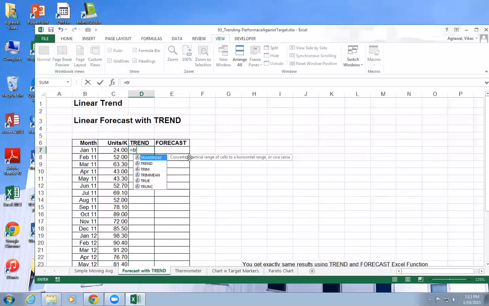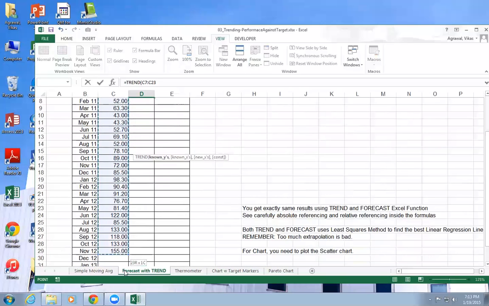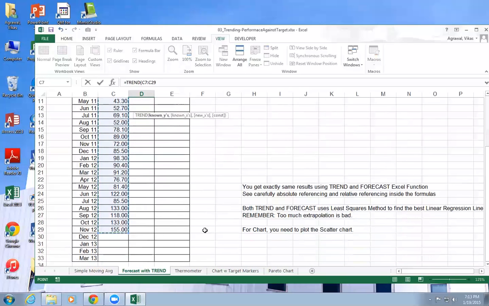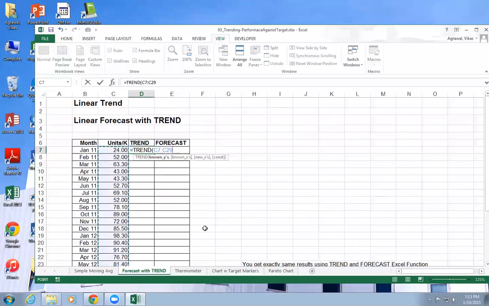Known y values: my y values are this one, so I'm just gonna select all the known y values. These are my known y values, right? And it's not gonna change, so we're gonna fix that one. Likewise, my known x values are going to be this one.